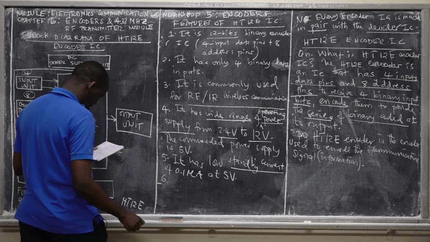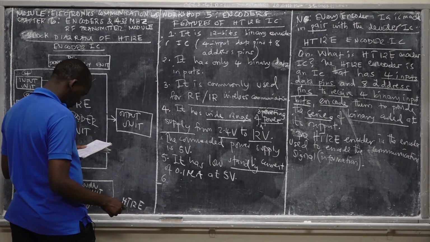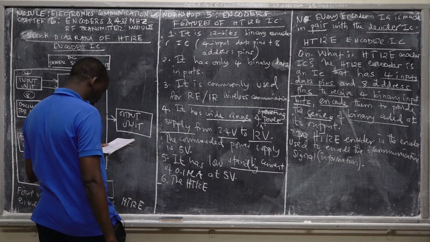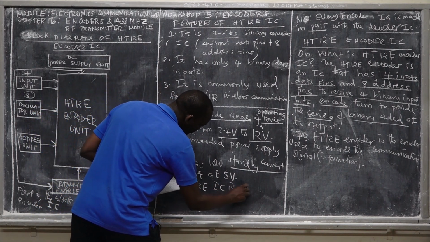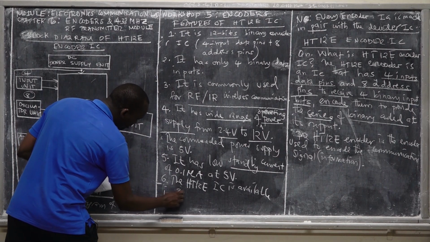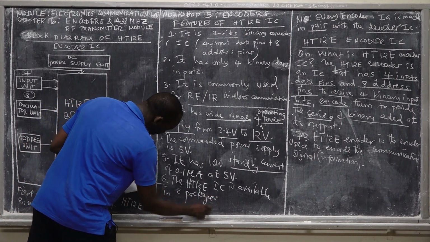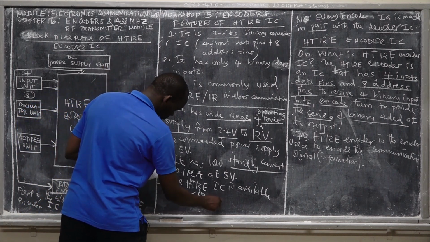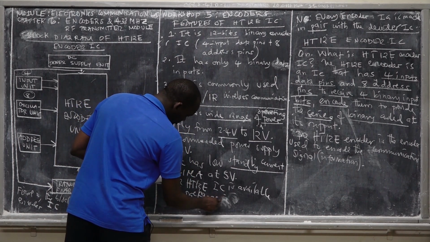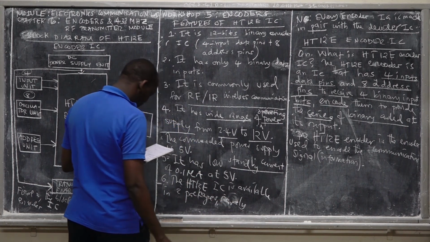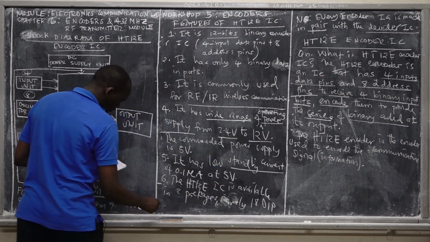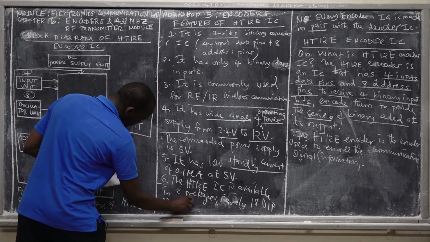Number 6. The HT12E encoder IC is available in 2 packages, namely 18 DIP pins and the